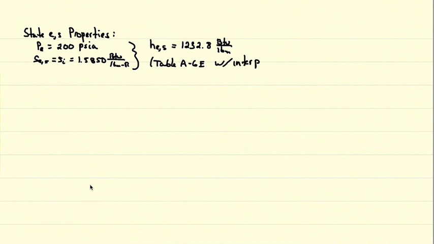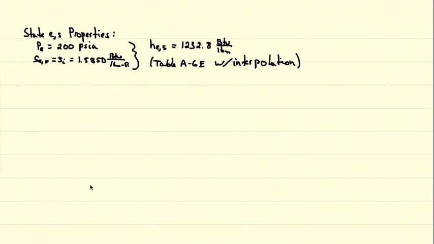And so now I can use these two pieces of information. Those are two independent properties. I can use those two independent properties to look up my ideal exit state enthalpy, HE comma S, and through linear interpolation in table A6E, I determine that this is 1232.6 BTU per pound mass. And again, I get that from table A6E using interpolation. So again, if you're not familiar or comfortable with how I look this value up in the table and how I use interpolation to get this value, please come and see me immediately so that we can clear these doubts